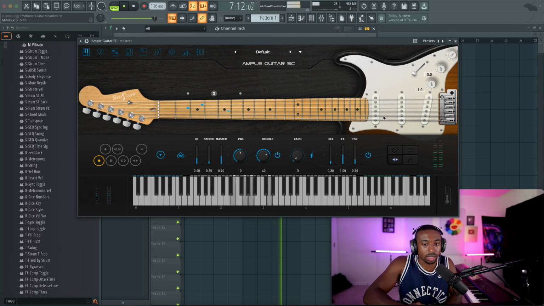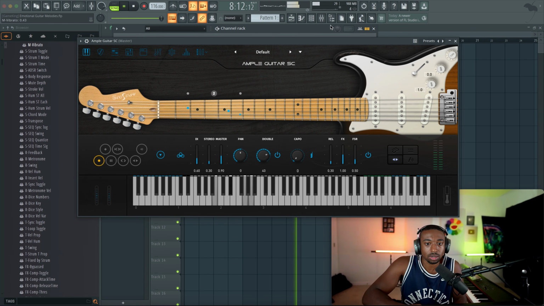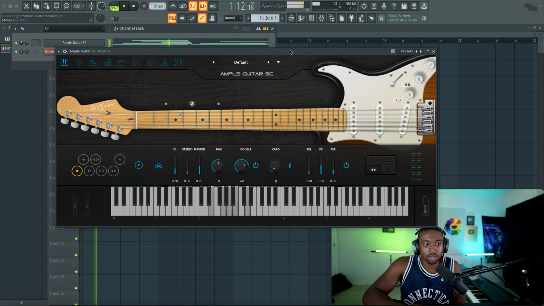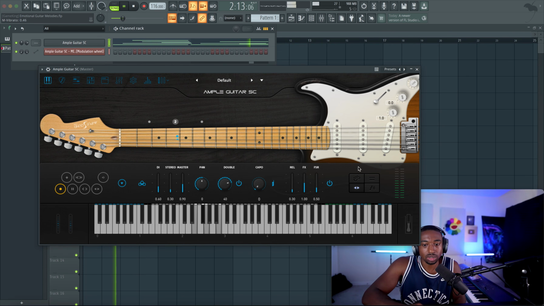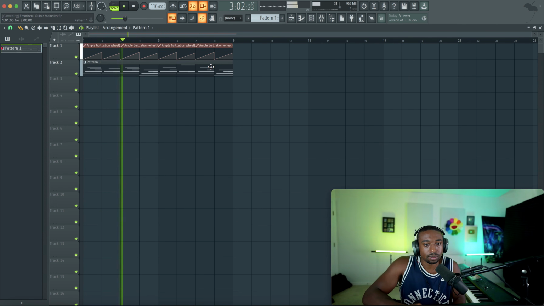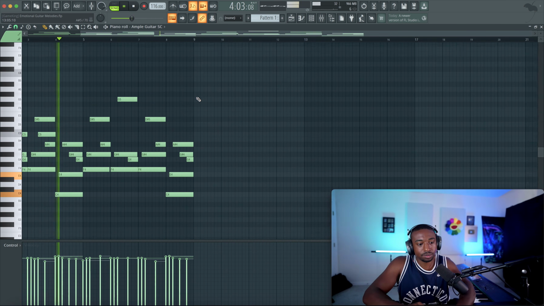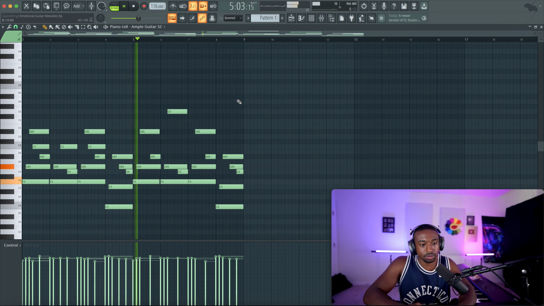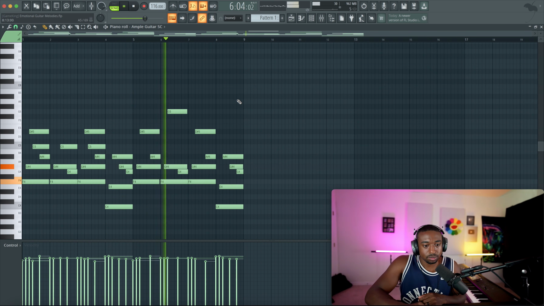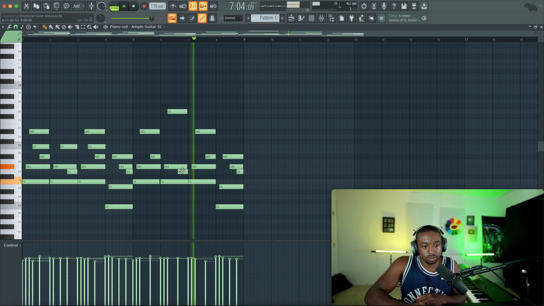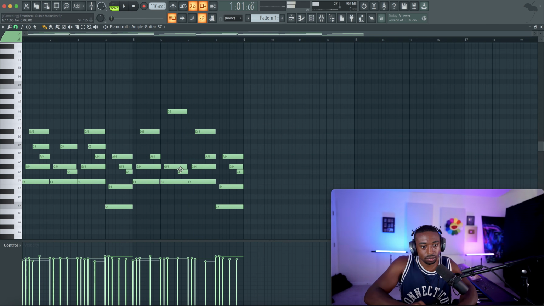Now I'm going to put this on instrument mode so it plays more like a realistic guitar. So we're going to lose some of those tones. Actually, I prefer it just on keyboard mode. Okay, let's pull it back up to F minor. My ear wants to hear